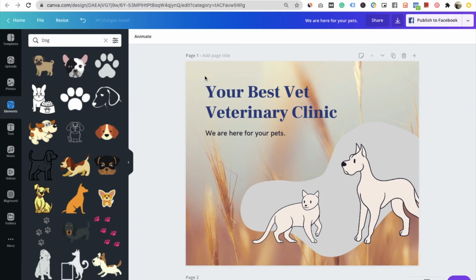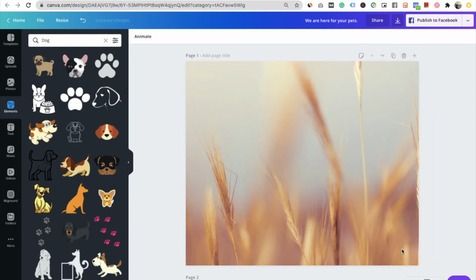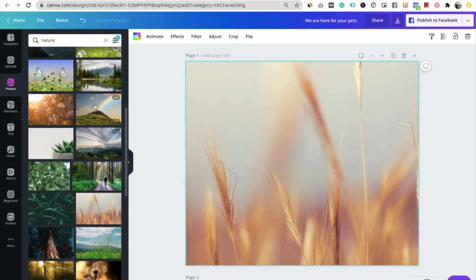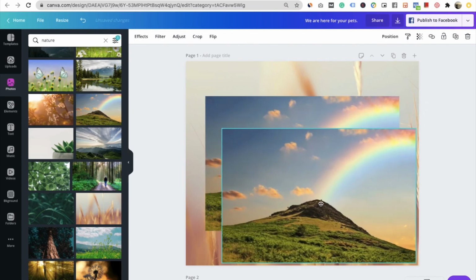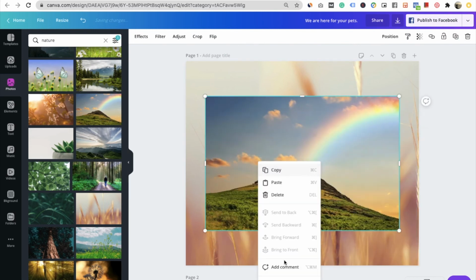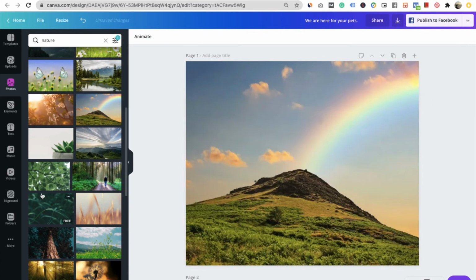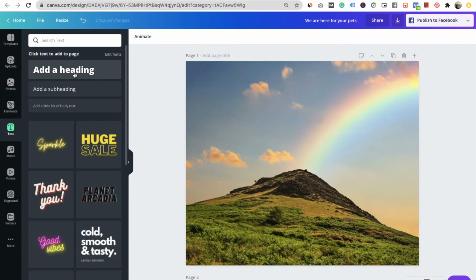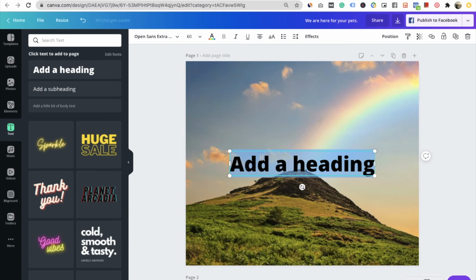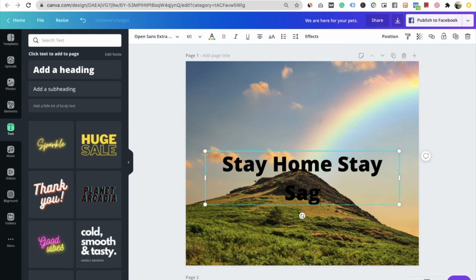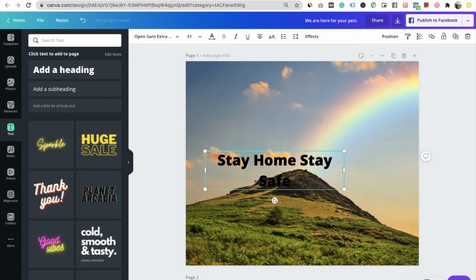And if I show you how to make complete changes, like here I can do that, and I can change the image as well by going here. And if I drag this image or click twice over the image, it shall appear over here, like two images are there. And replace the background, so I have completely changed it. And now go to text, I want to add a heading, so stay home, stay safe. Let's say if this is something really related to COVID you want to promote.